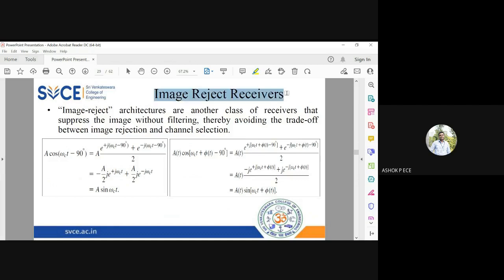So next we are going to see image reject receivers. In image reject receivers, I am going to specifically do some operation to reject the image completely. So what I am going to do is take a signal and shift